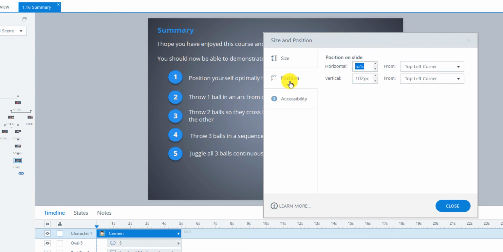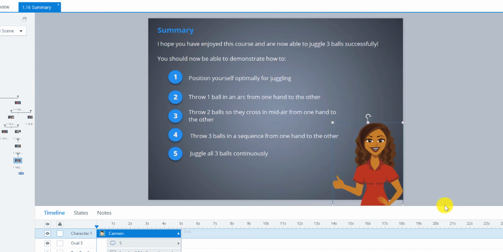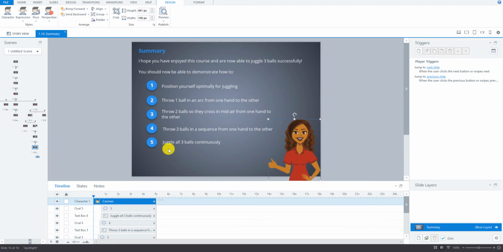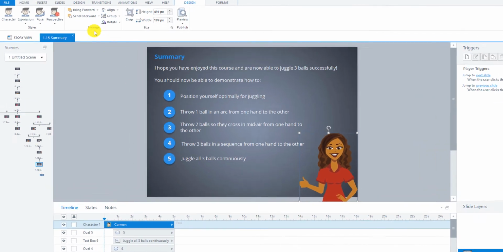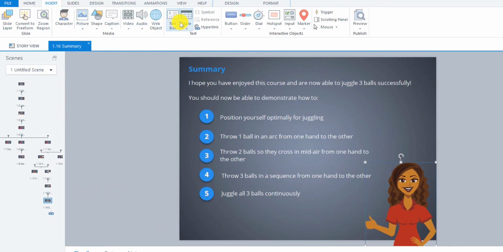And then adjust the position to 521 and 310. And now that puts her in the bottom right corner, as you can see here. So the last thing we need to do for the elements on the screen is create the thank you text box. So go over to Insert, Text Box,